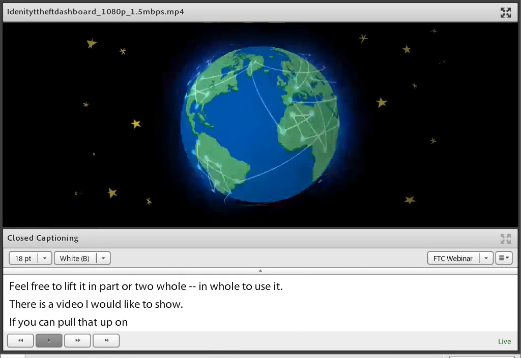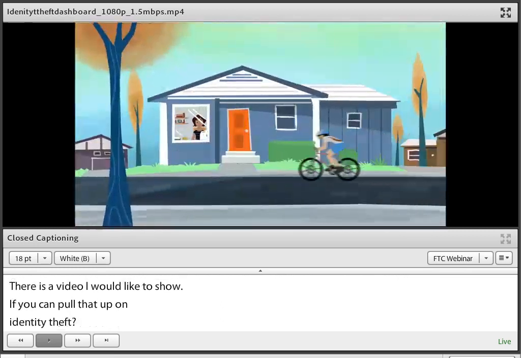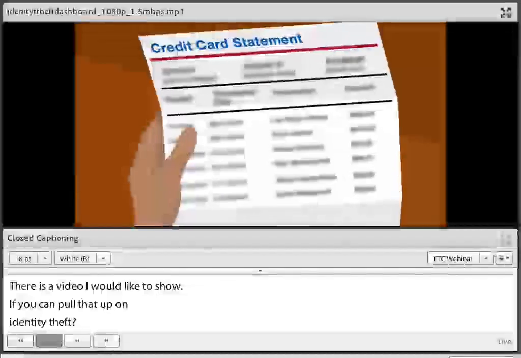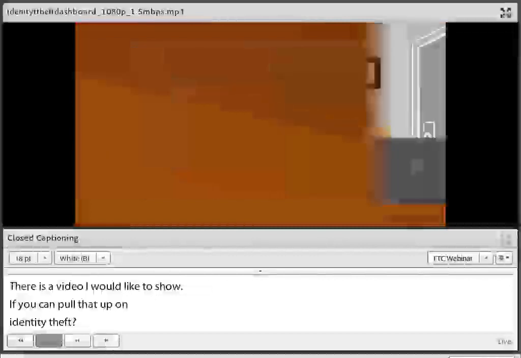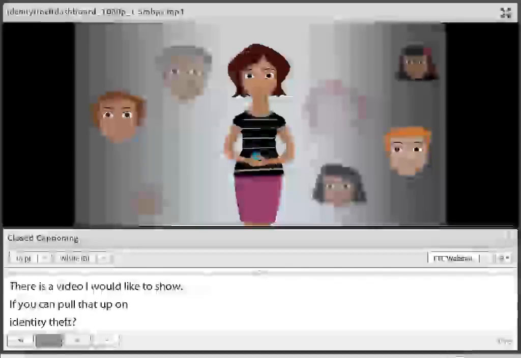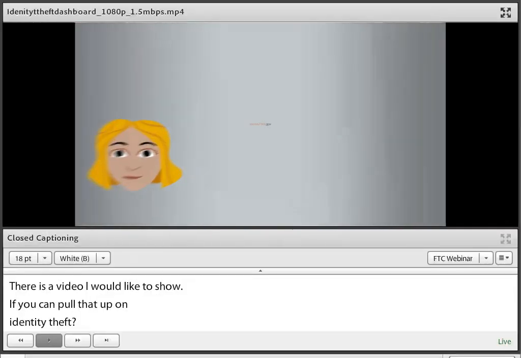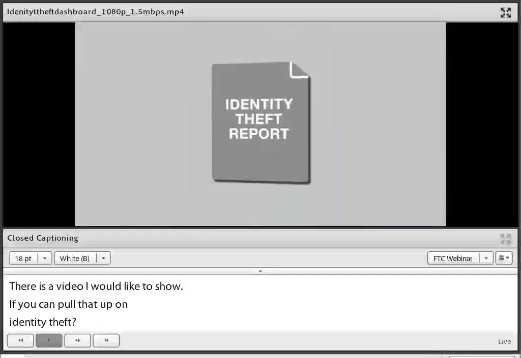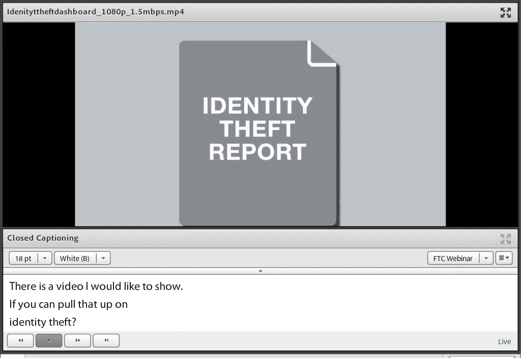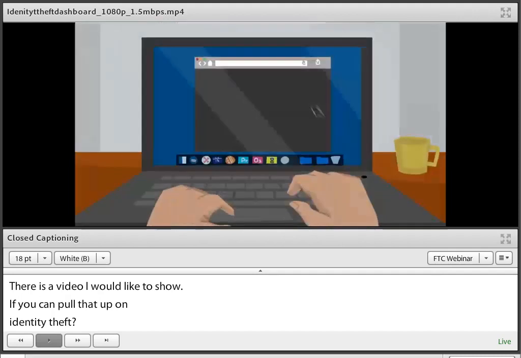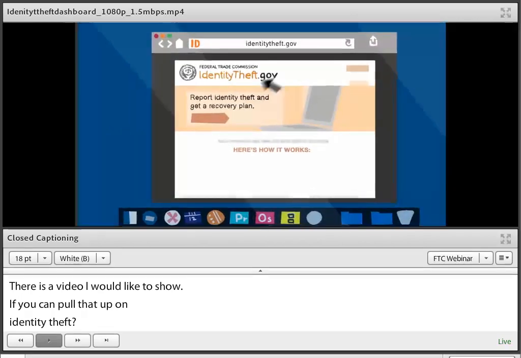In today's connected world, personal information sometimes falls into the wrong hands, and that can lead to identity theft. It might start with an unfamiliar charge on your credit card. A business might not accept your check, or a debt collector might call you about a bill that isn't yours. You're not alone. Identity theft can happen to anyone. Stay calm. Visit identitytheft.gov to report it and get a personal recovery plan. IdentityTheft.gov helps you create an identity theft report. This report proves to businesses that someone stole your identity and makes it easier to fix problems caused by identity theft. To create an identity theft report, you can file a complaint with the Federal Trade Commission.